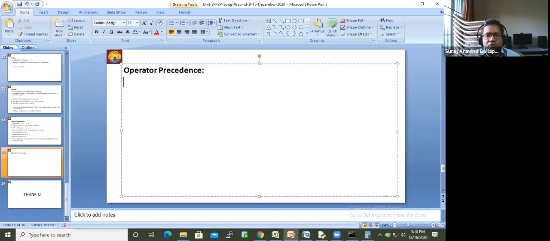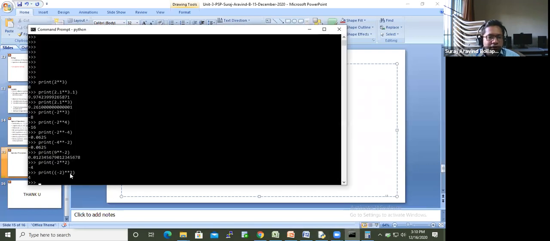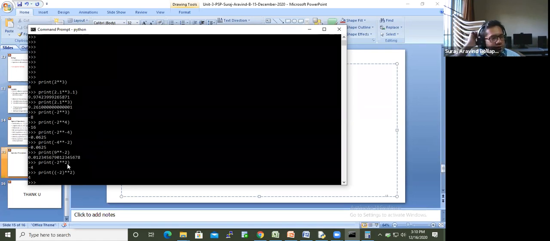This operator precedence will come into picture when you combine more than one operator in one expression. So the interpreter gets confused: what has to be evaluated first?